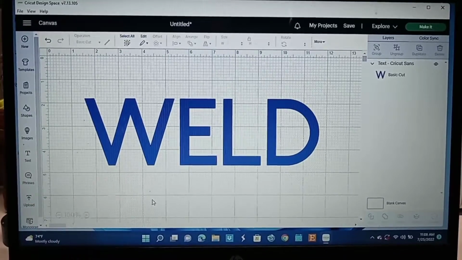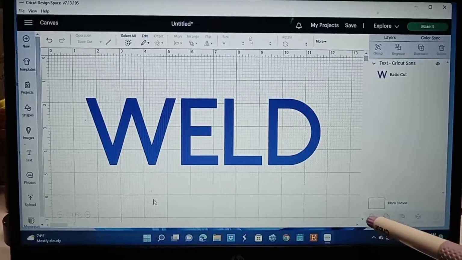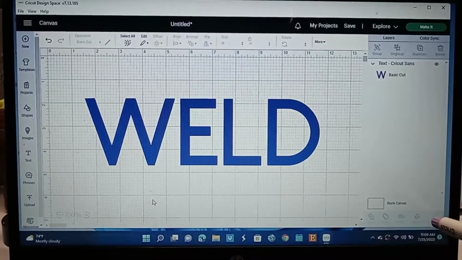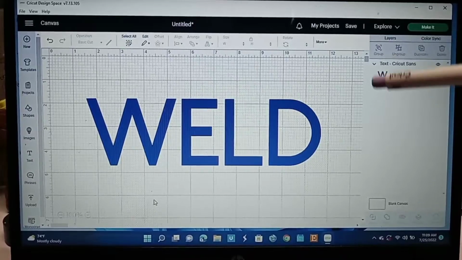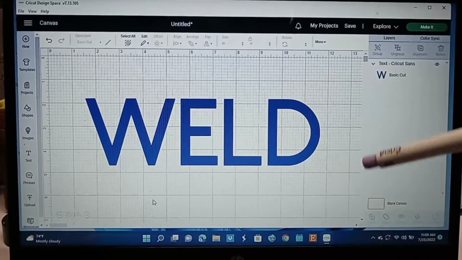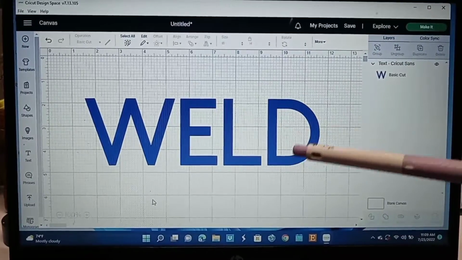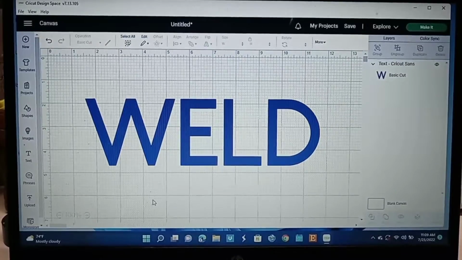When you weld something, it's a permanent bond. It would take a lot to make it undone. If you're using paper, once it's welded, you'd have to cut the paper. Weld is weld. So what I want you to do is pay attention to the right side of my computer screen here